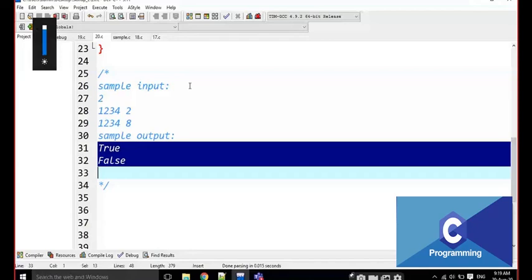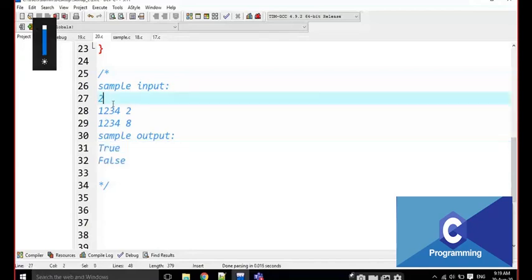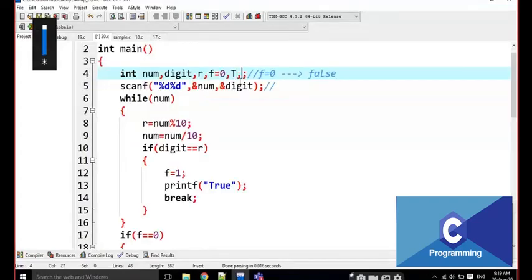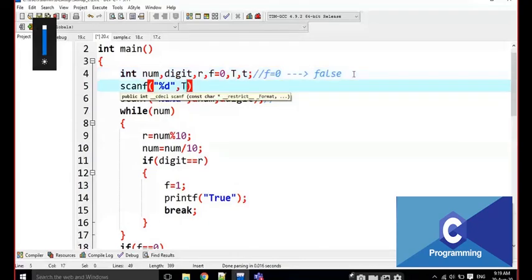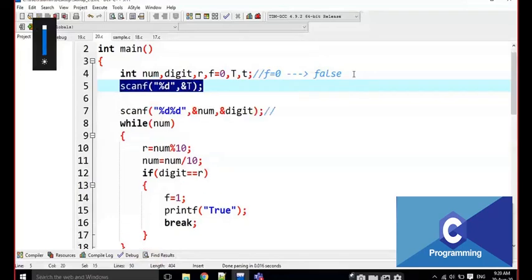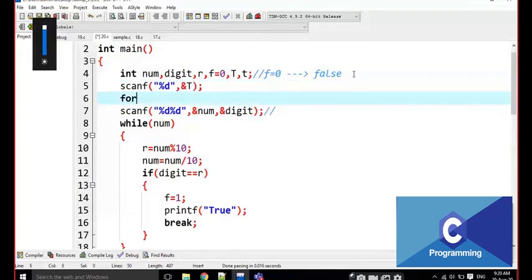And what do we have to do for the test cases? Before this, for test cases we have to take one more input, that is capital T and small t here. First of all, we have to read the test cases. How many test cases are there? I am going to read here. Very important, just look at it. We have to read how many test cases for the variable t, and I am going to write the loop for t equal to 1, t less than or equal to capital T, and t plus plus.